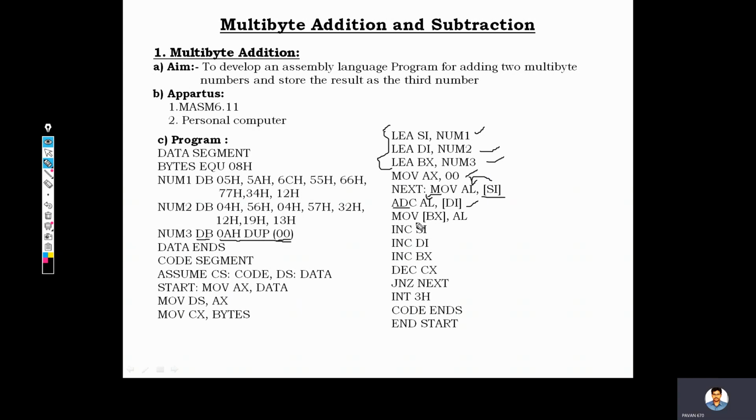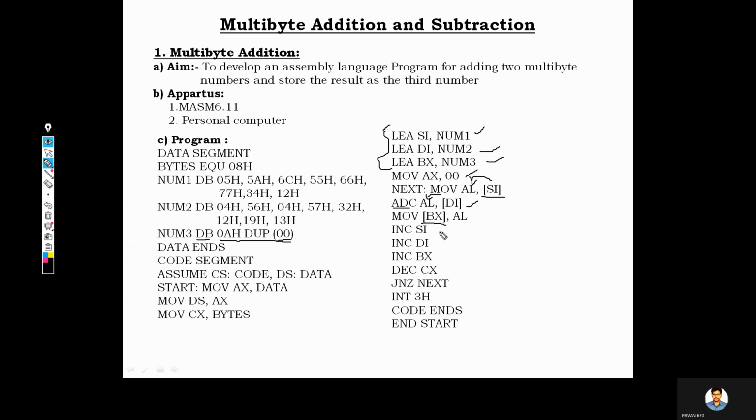And next, MOV [BX], AL. After this arithmetic operation, whatever result is obtained in our AL register, which is called the lower byte of the accumulator AX register, is now moved into the location referred by the BX register. So BX is holding an address value, and into that address the value in AL will be moved. What does it contain? The result of some arithmetic operation.